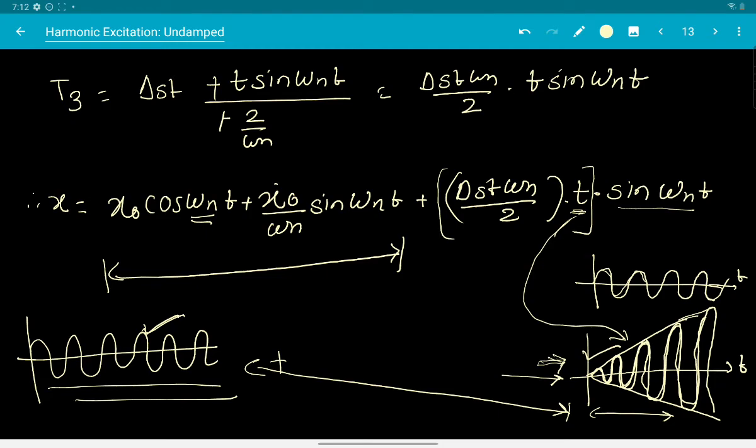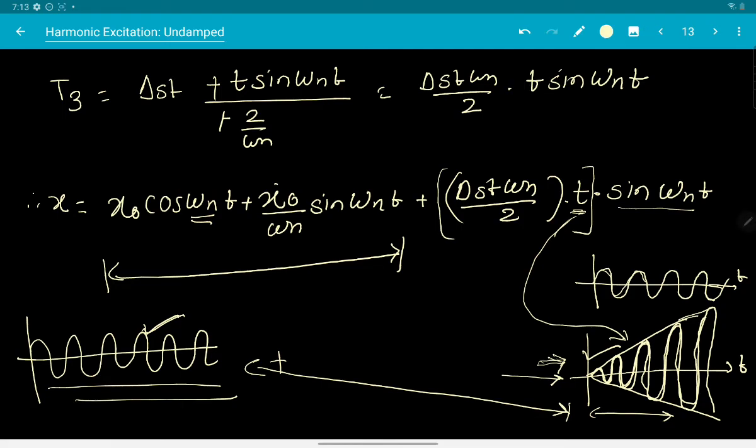This is one of the very popular examples given for resonance, to show the strength of resonance, or to tell students how disastrous the resonance condition can be. So while designing any system which is going to have dynamic loading, we ensure that the frequencies coming onto the system are not near the resonant frequencies, that is, the natural frequencies of that system.